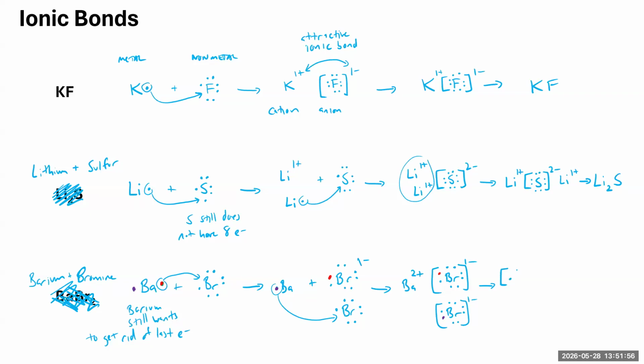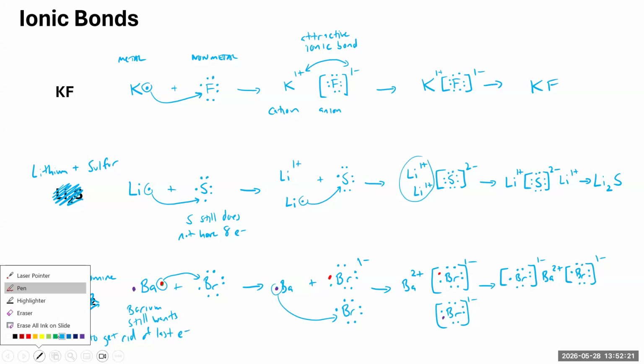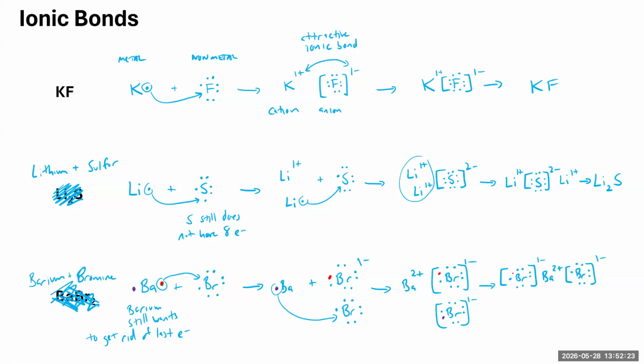It's 1, and I'll draw the other red one in a second. I'm trying to color code things. 1 minus. And then we have our barium 2 plus. And then we have our, right? This is going to be a 1 minus. So it'll look something like that. And then we have our, again, our red one there. And then we have our purple one. Just to show you,